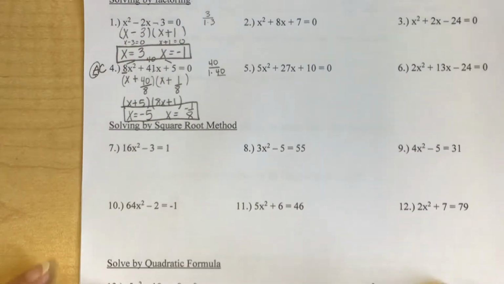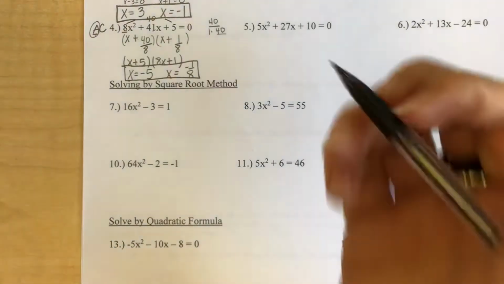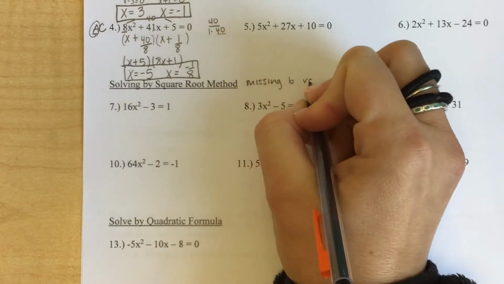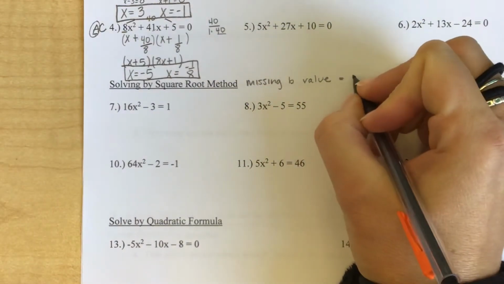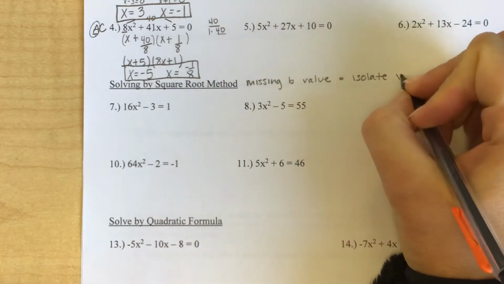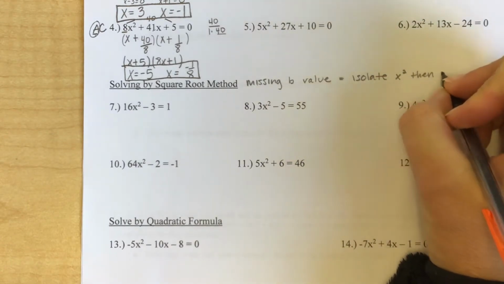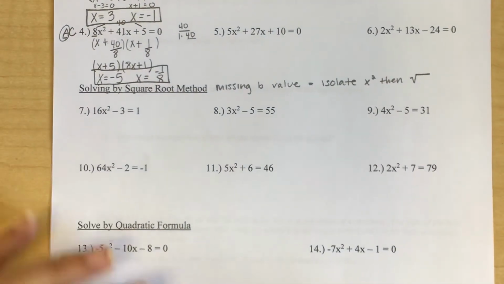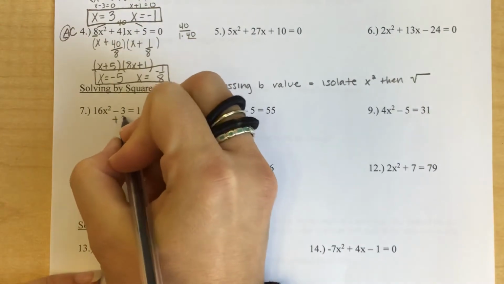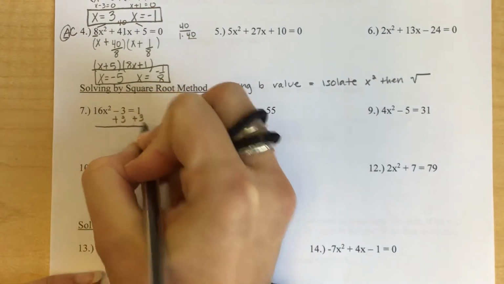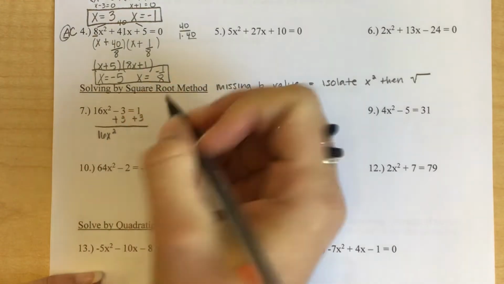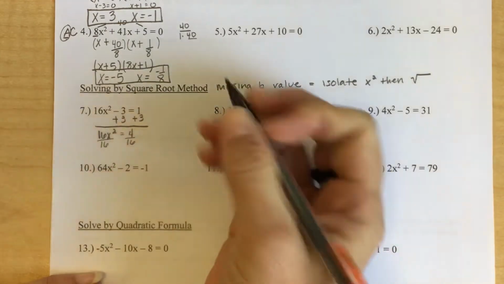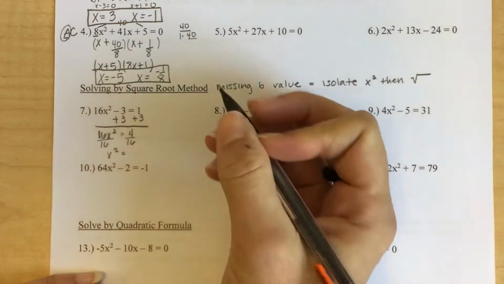All right, so then solving by square root method. So in this method, if you notice, we're missing our B value. So what we want to do is we want to isolate the x squared, then take the square root of both sides. Okay? All right, so for number 1, I'm going to add 3 to both sides. So then I have 16x squared equals 4. Divide by 16. I get x squared equals